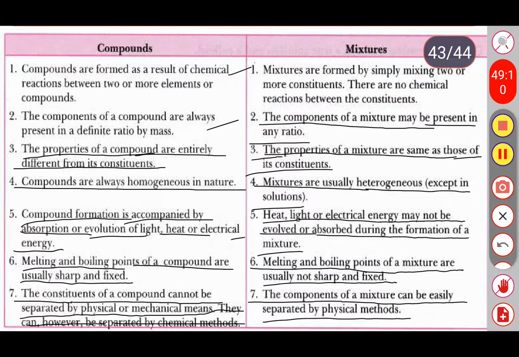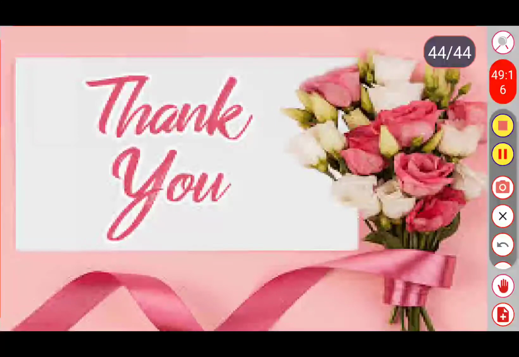In the next class we will discuss the next concept of your chapter, that is solution. We are going to discuss solutions and their characteristics, suspensions and their characteristics, and the last concept is